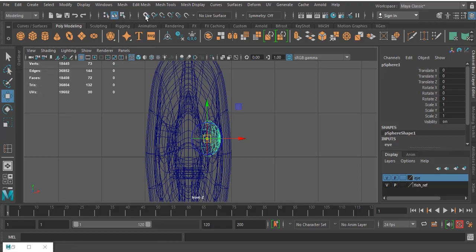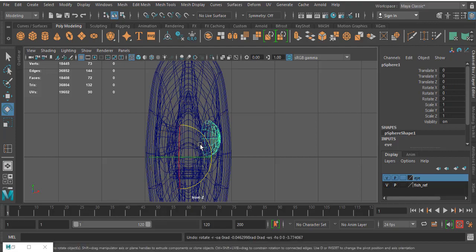Then you have to click on snap to grid or press X. Now you can move this and place it in the center. Okay, so now your pivot point is in the center. Now you can rotate like this.